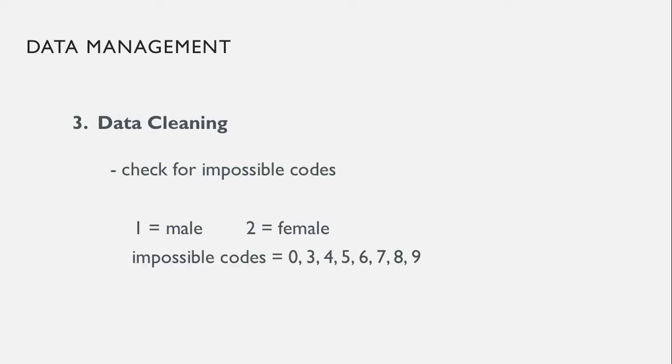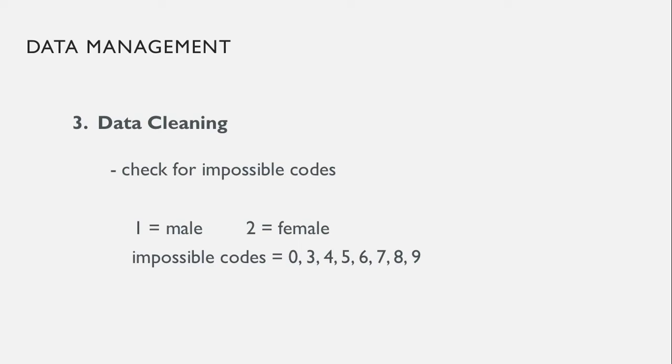Okay, then there's data cleaning, which is the third step. So in data cleaning, you check for impossible codes. So let's say you ask what somebody's gender is, and you only give them two options, male or female, and you assigned one to mean male and two to mean female, and those are the only two possible codes that make sense. But for some reason,